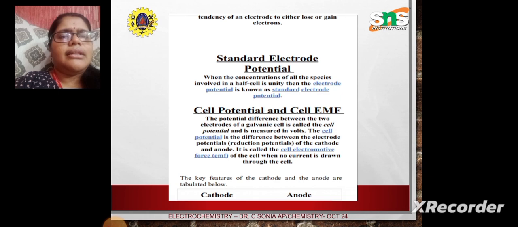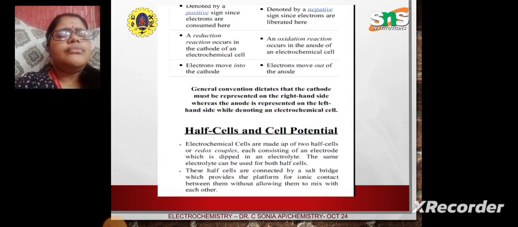Now we'll see what the key features of the cathode and anode are. The cathode is denoted by a positive sign since electrons are consumed over